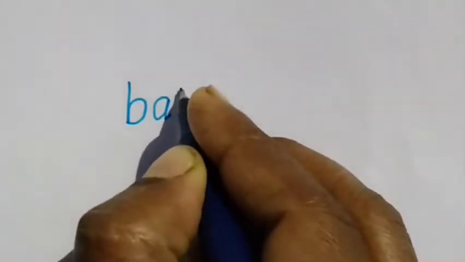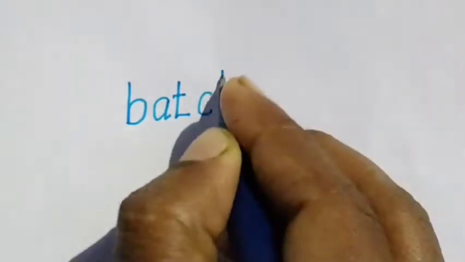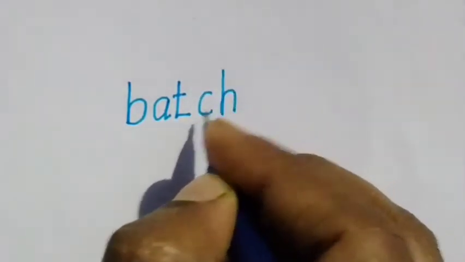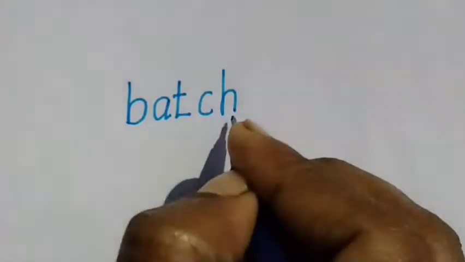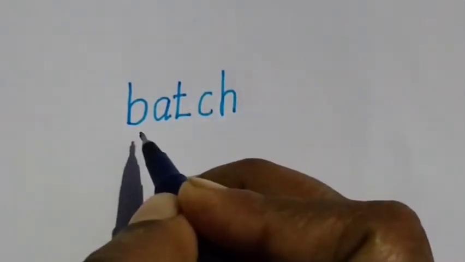Just listen carefully. I am going to say this word again. Batch. What is the end sound pattern of this word? Ch. Very good. What is the end sound pattern? Ch. I write this T, C and H. Now, I will read this word.